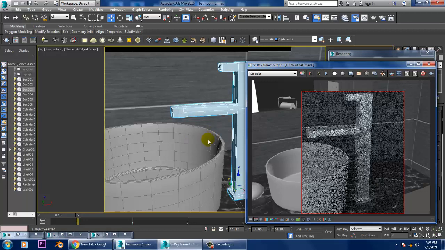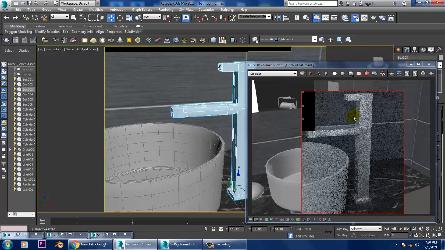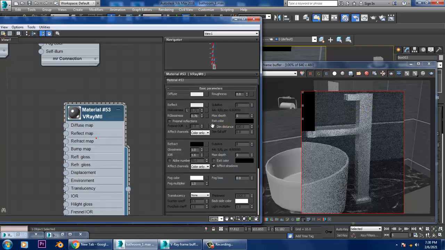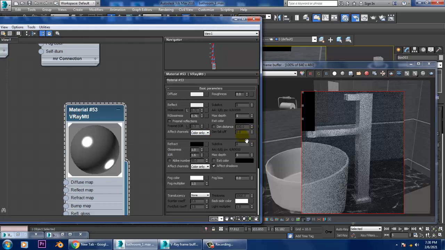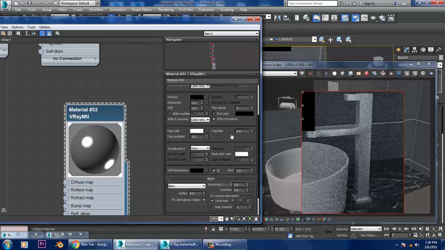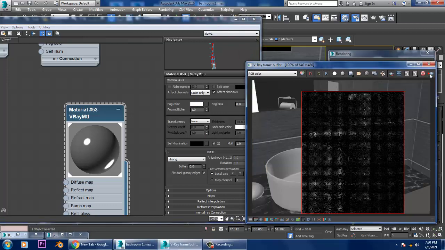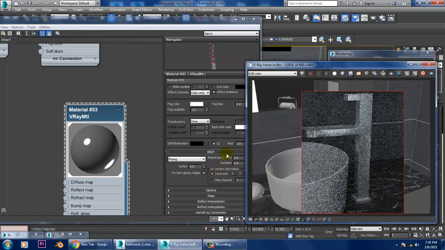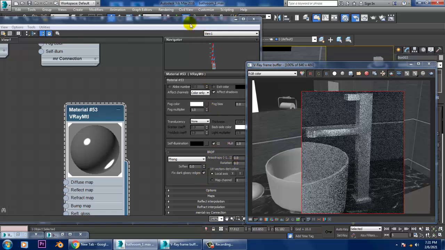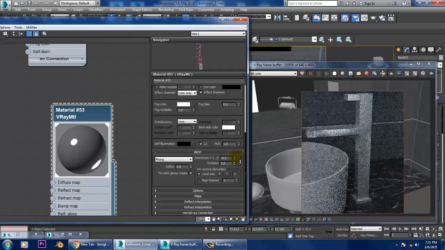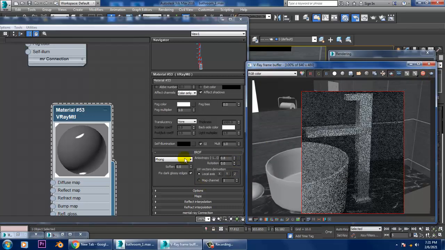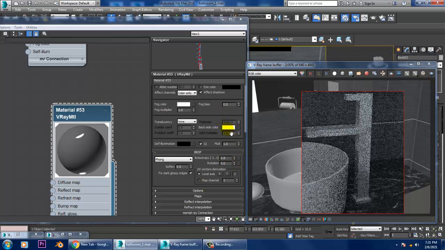So let's again go into the material. So anisotropy value. So there are a lot of things which will work over here.